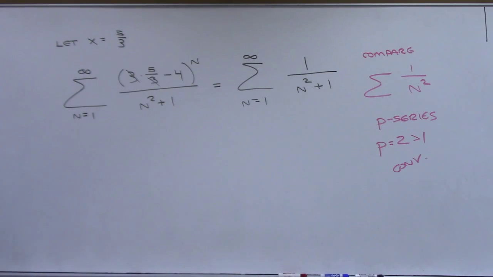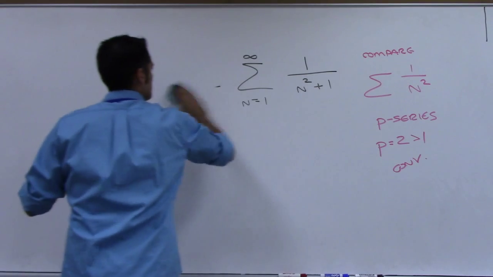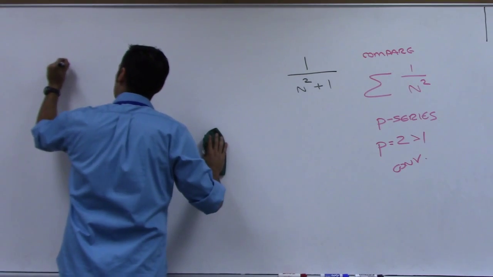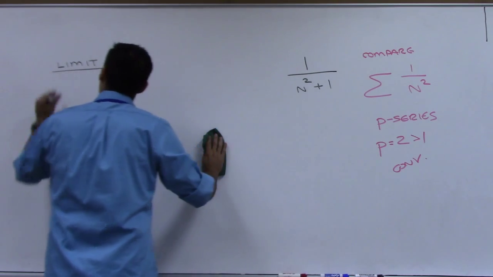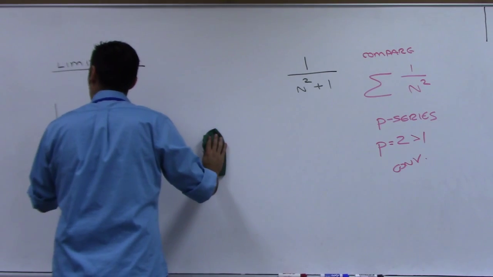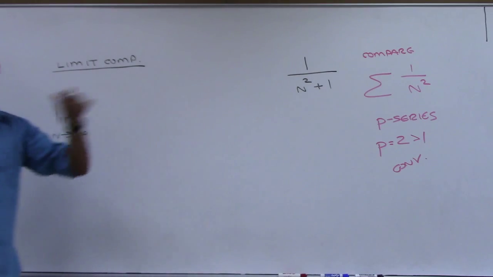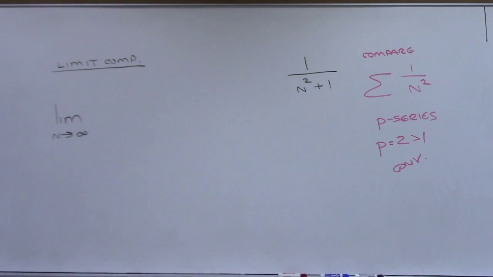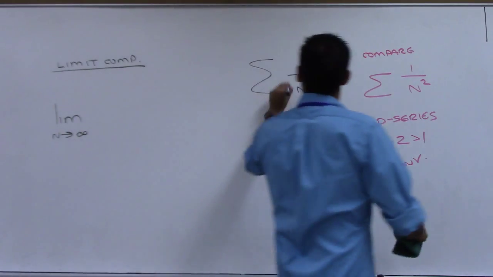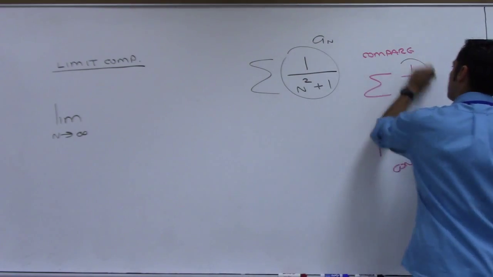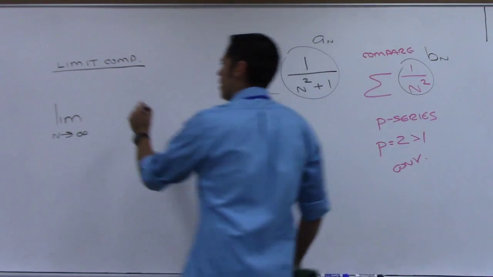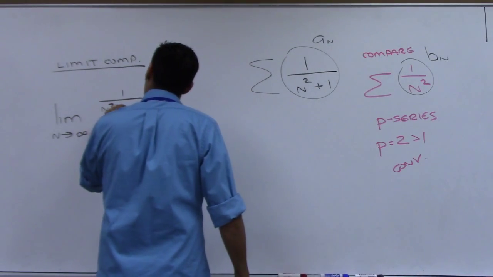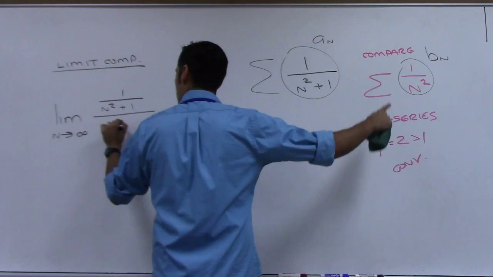Use the limit comparison test to do it. So you can look on your little table if you need to, limit comparison. What we're doing is taking the limit as n goes to infinity of which one over which one? This one is called a sub n, this one is called b sub n. Which one goes on top? A sub n. So I take this one up here, 1 over n squared plus 1 over 1 over n